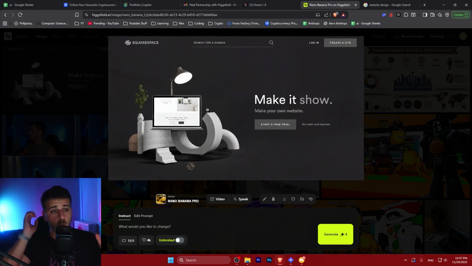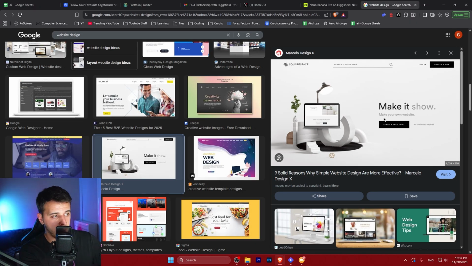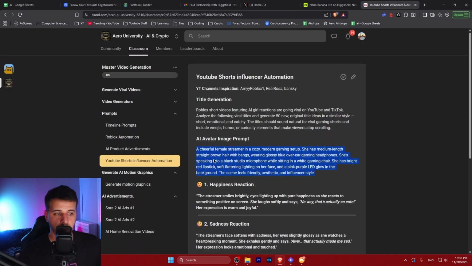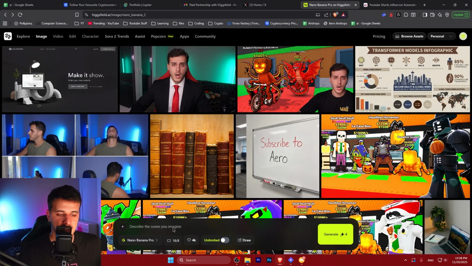So this is how the website was turned from white and black to black and white. This is incredible. You could literally create multiple mockups, variations, and changes to your website design just by using this model. This is, I don't know what to say, this is incredible. This is absolutely beautiful. So the final thing I'm going to do is ask it to generate